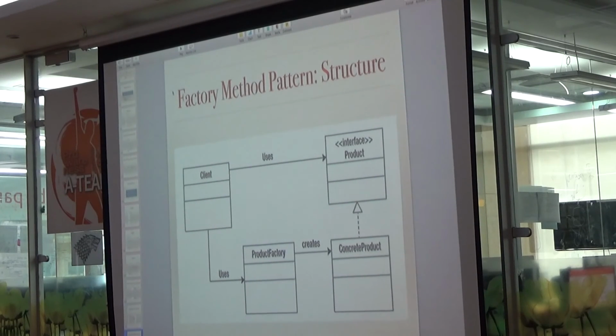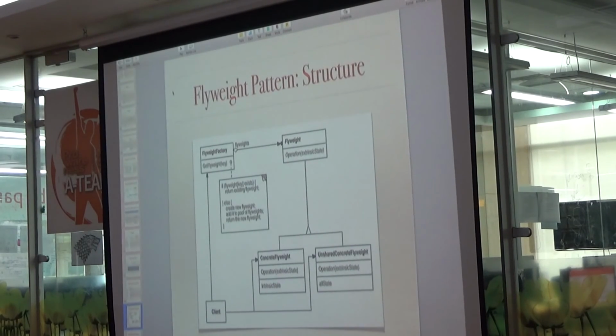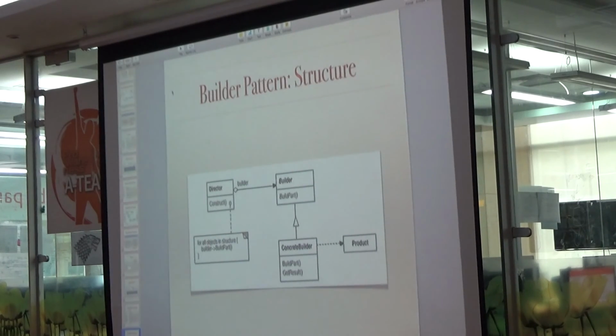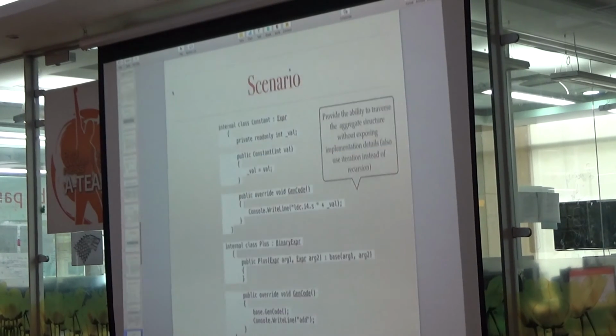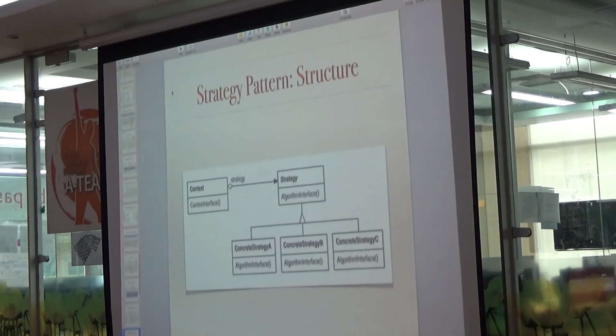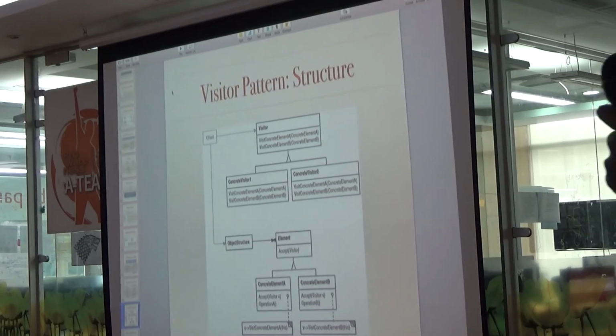Third pattern, third inheritance. This is flyweight, we have inheritance. Builder pattern, inheritance. Iterator, inheritance. Strategy, yes. Visitor, yes. So you can say yes for all the other patterns.